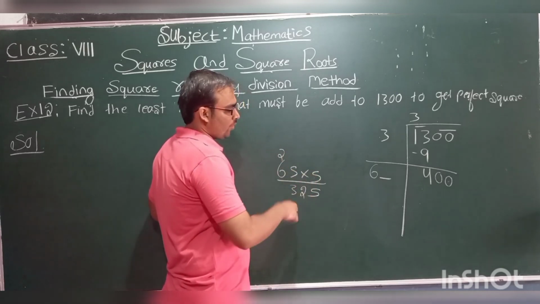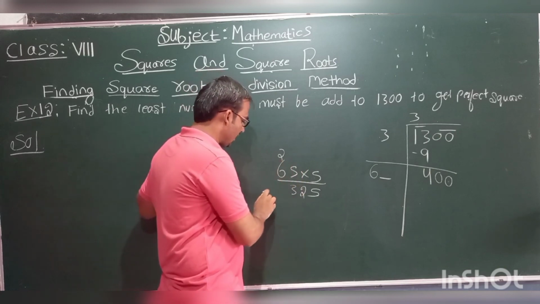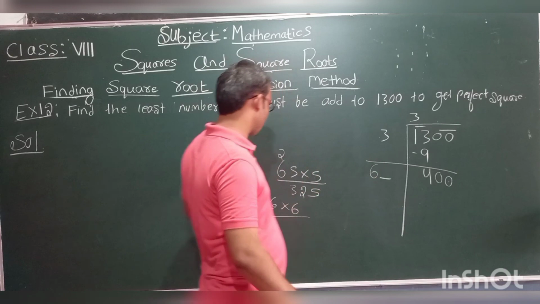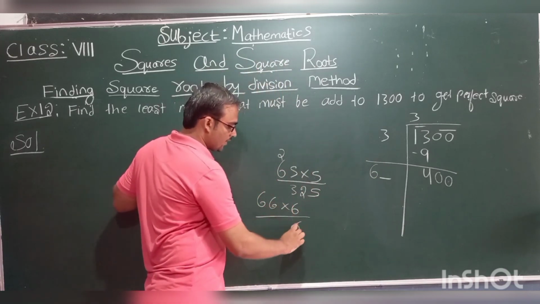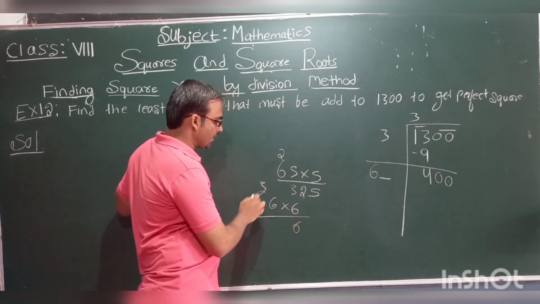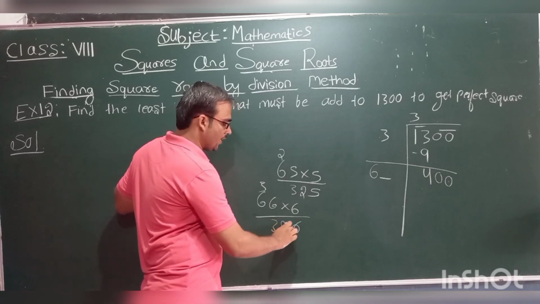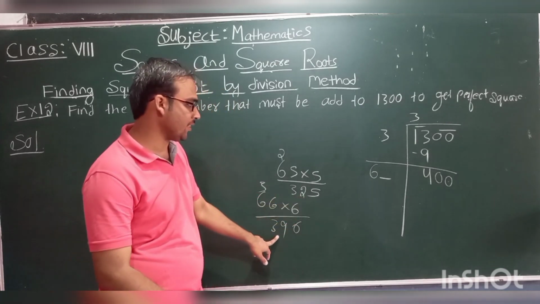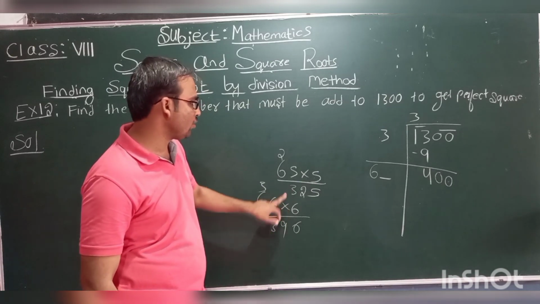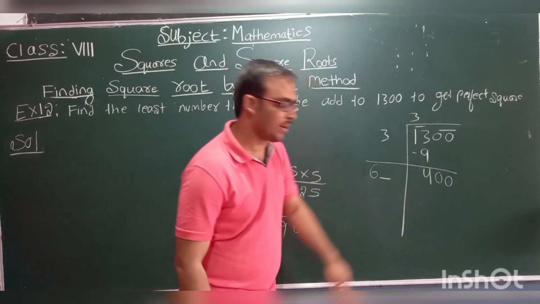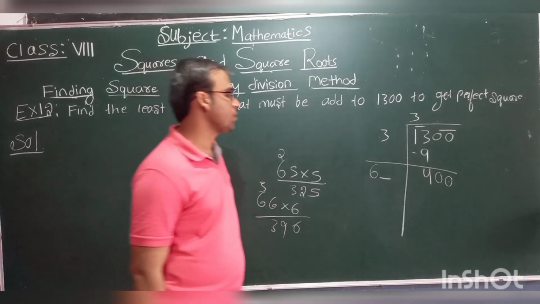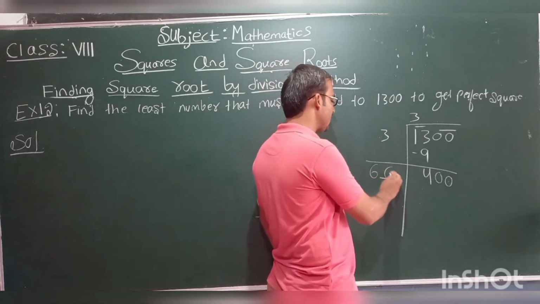So we will try with the 6. That is 66 into 6. So we'll fill this blank with 6. 6 6s are 36, 6, 3 carry, 6 6s are 36, 36 plus 3 is what? 39. So here 325 is there, and here 396 is there. Compared to these two, which number is near to 400? 396, no? So we will take this number. So now we will fill the blank by 6.